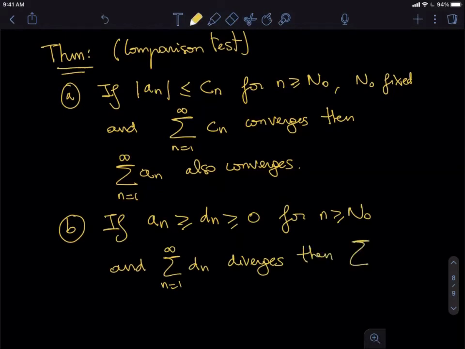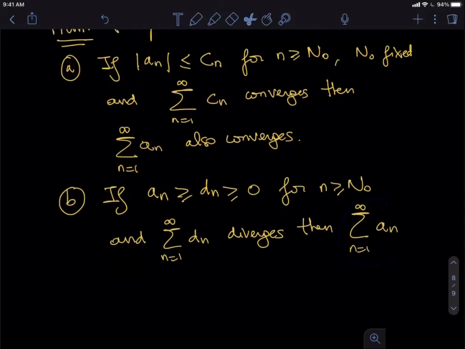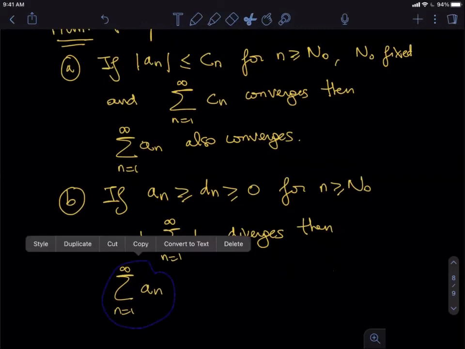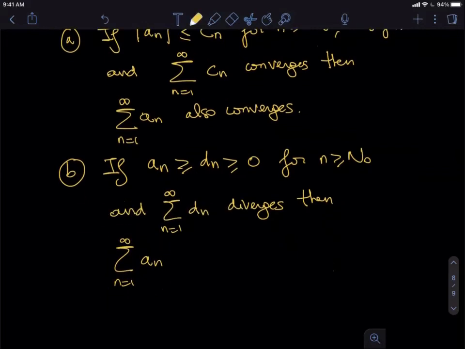Then the series with the an also diverges. Let me write it in the next line. Also